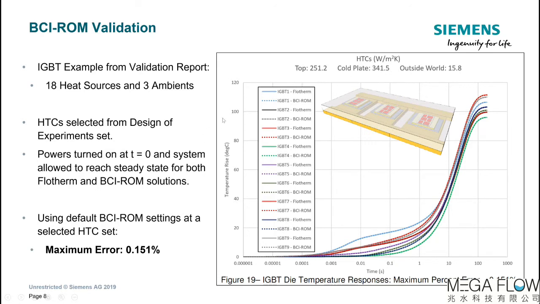The curves that we see on screen, all of the solid lines are the Simcenter Flotherm results, and the dotted lines are the results from the BCI ROM. And visually, you can see the curves practically lie on top of one another, so an excellent result. In reality, there's a little bit of deviation, so the maximum error in this particular case was 0.151%, so